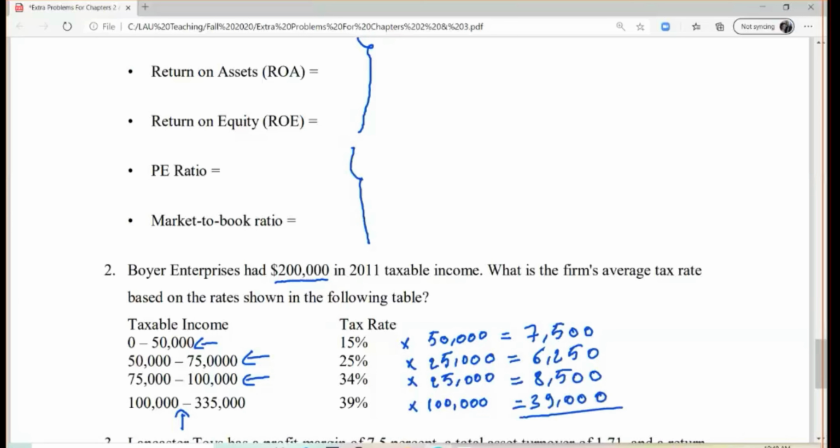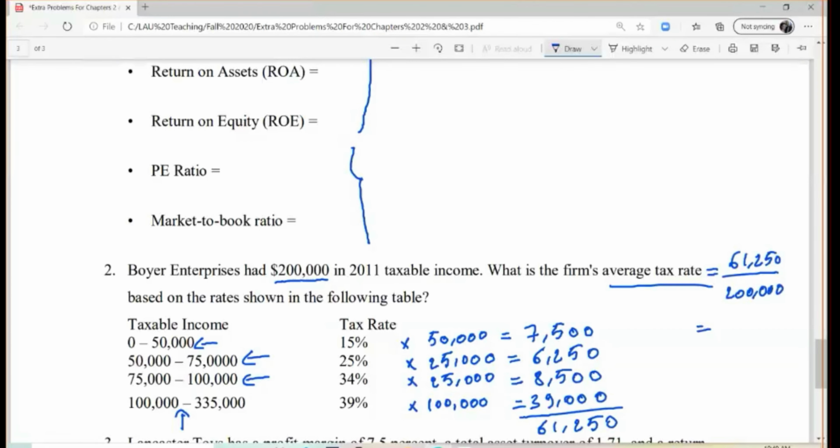I add everything. I get 61,250. So my average tax rate is equal to 61,250 divided by 200,000, my taxable income,